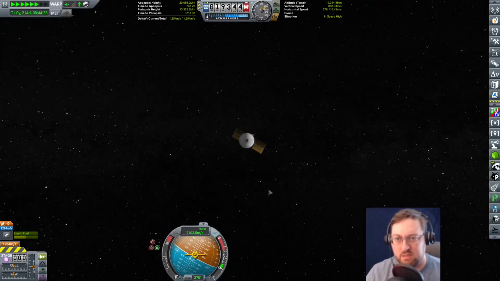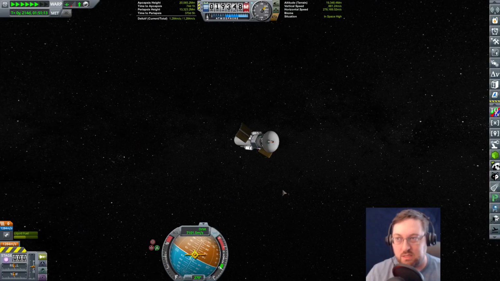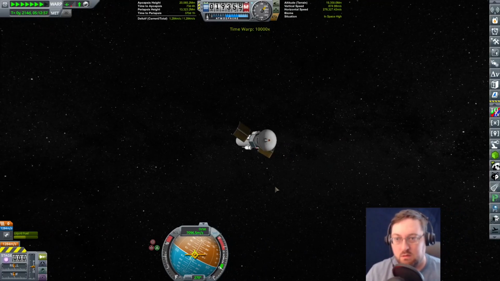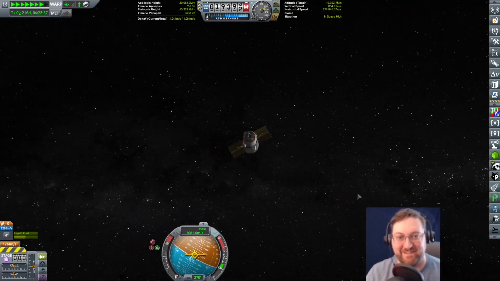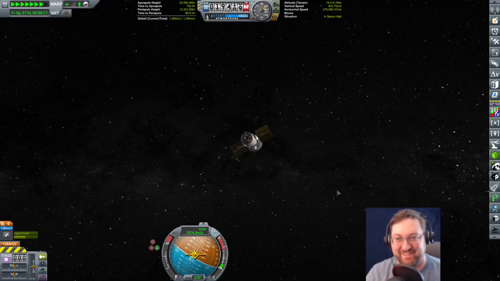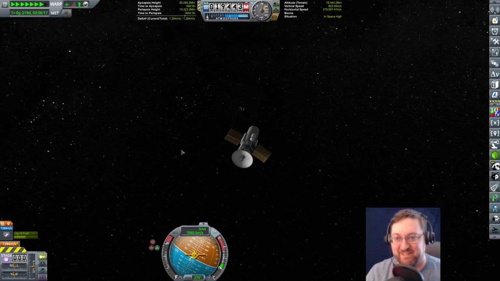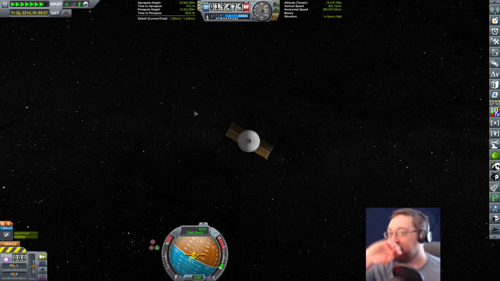Is it towards the sun? Is that why I can't see it? Well, gosh, maybe we won't arrive at Duna because it doesn't exist in this space-time continuum. Where is Duna? Why can I not see this planet? It's a big planet. I mean, it's smaller than Kerbin, but...